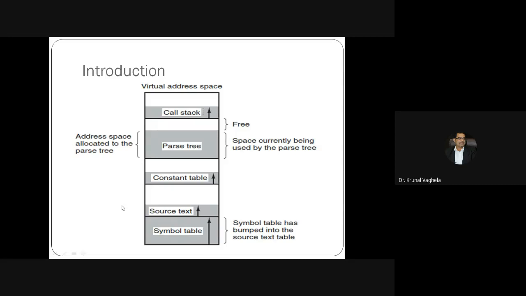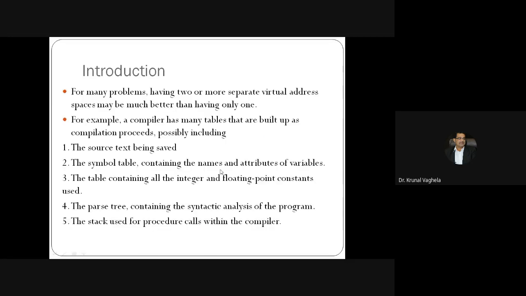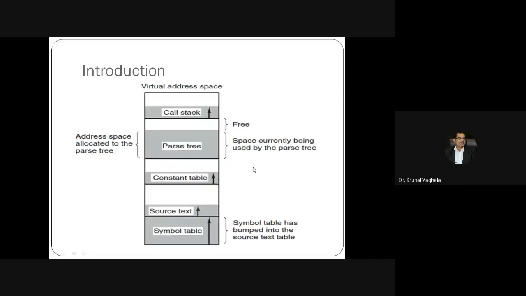Now if you see, for example, this is the address space allocated to the parse tree. This is the space currently being used by the parse tree, and this is free. So in some cases, some space is free, which means wasted. But for example, the symbol table, what does it contain? Variables. Sometimes if you use more, for example a dynamic array, you don't know how many